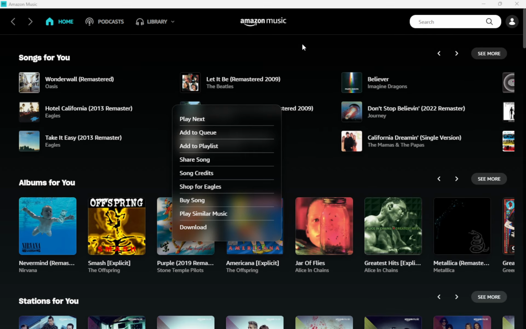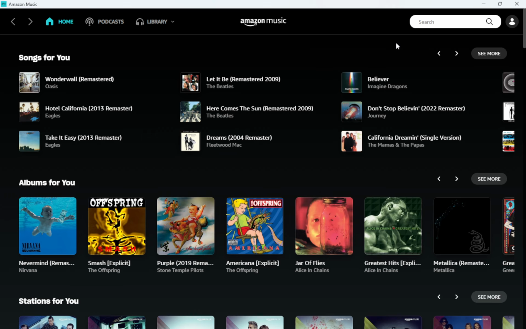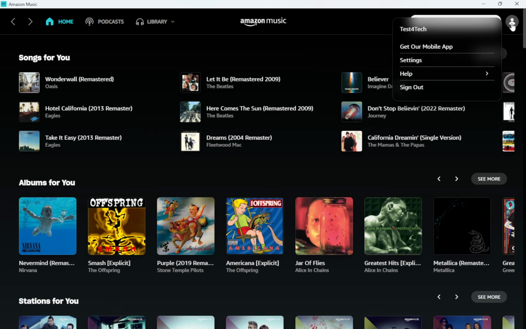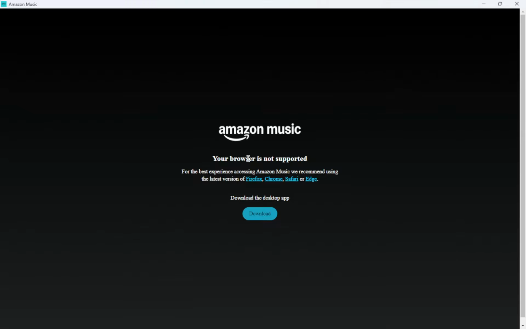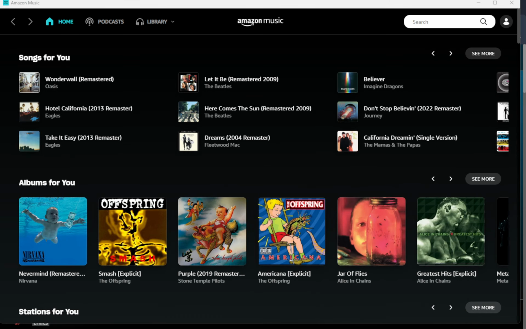Before we begin, make sure your account is eligible for downloads. Amazon Music requires either a Prime membership or an unlimited subscription to save music for offline listening. The free plan doesn't allow downloads at all. There's also an important difference between the two paid options. Prime members can usually download selected playlists that Amazon provides, while Unlimited offers much wider access, including most songs and albums. As long as you're signed in with an active Prime or Unlimited plan, you're ready to go.